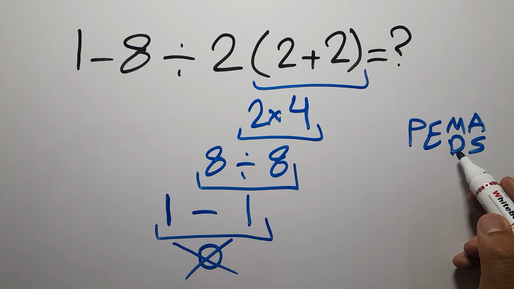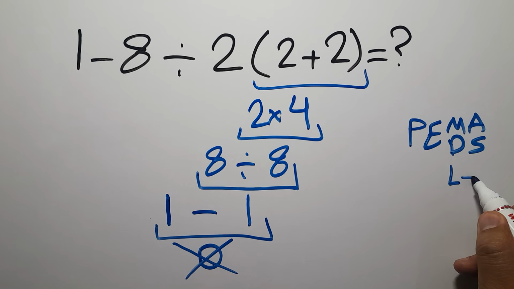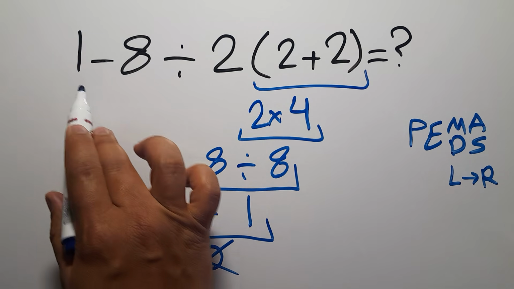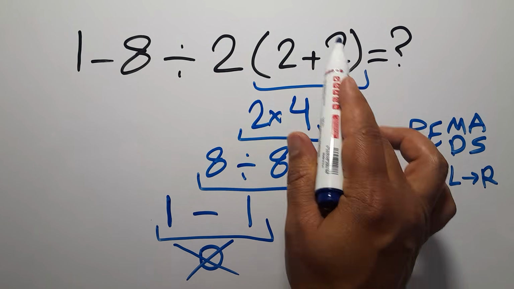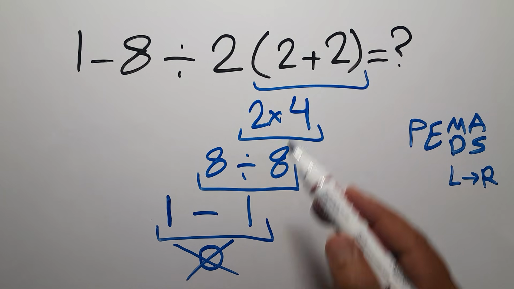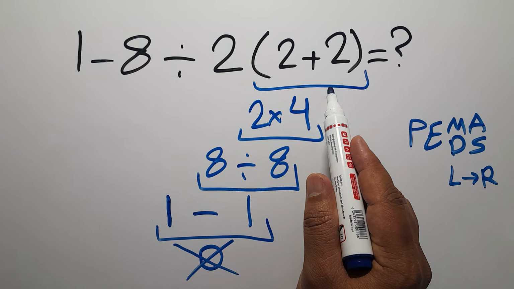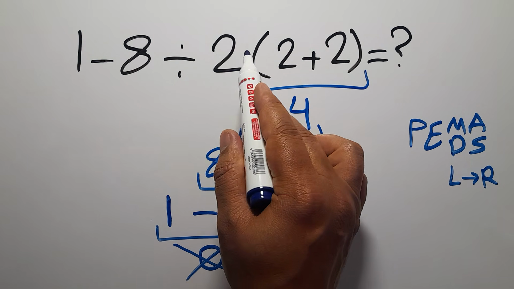Remember that multiplication and division have equal priority, and we have to work from left to right, and the same applies to addition and subtraction. So here in this expression we have 1 subtraction, 1 division, 1 multiplication, and 1 parenthesis. First we have to do this parenthesis, and after this parenthesis we have to do this division, then this multiplication,